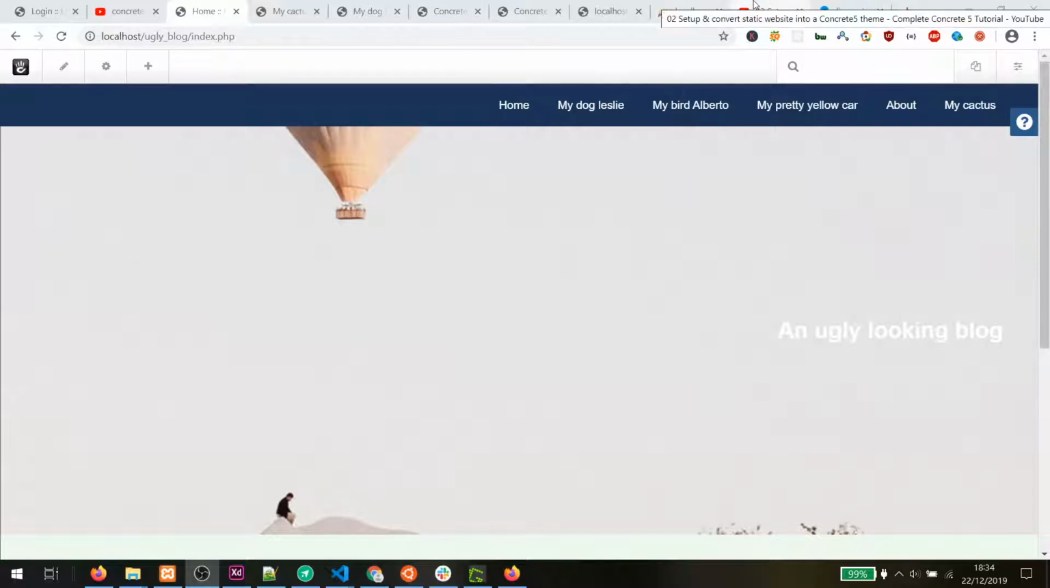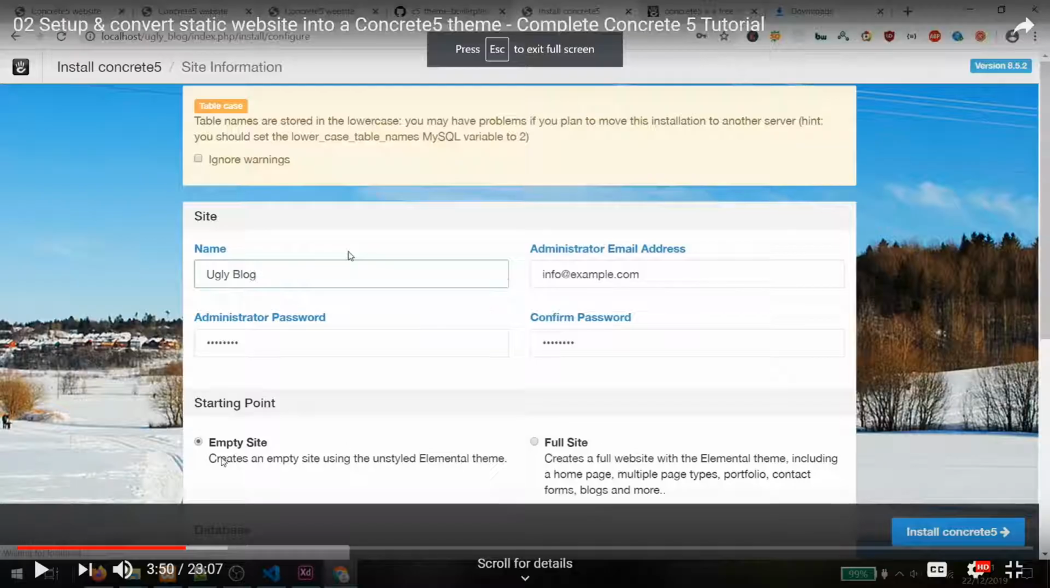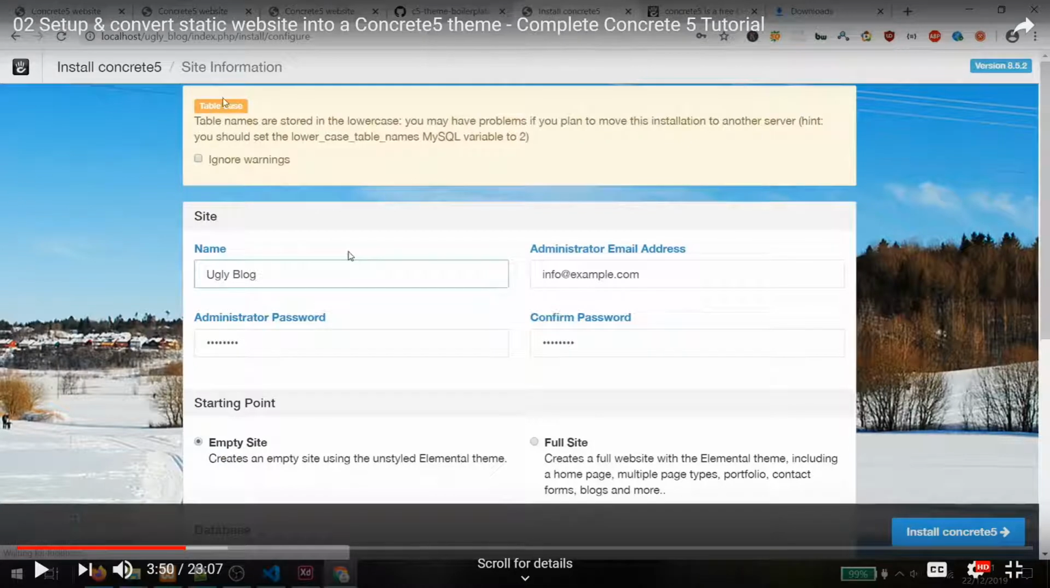So when we go back to the setup of Concrete 5, you probably remember this point where I said that this error message we could totally ignore it, but that is only true if we don't want to move it to another server, because by default Windows stores all the files or all tables in lowercase names. So if you have a table,